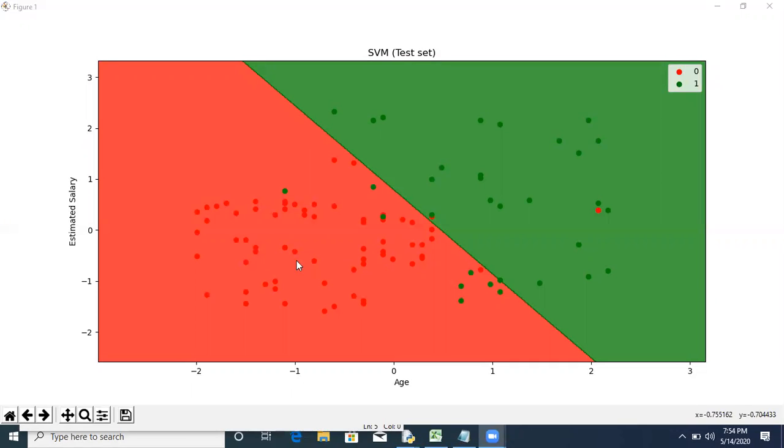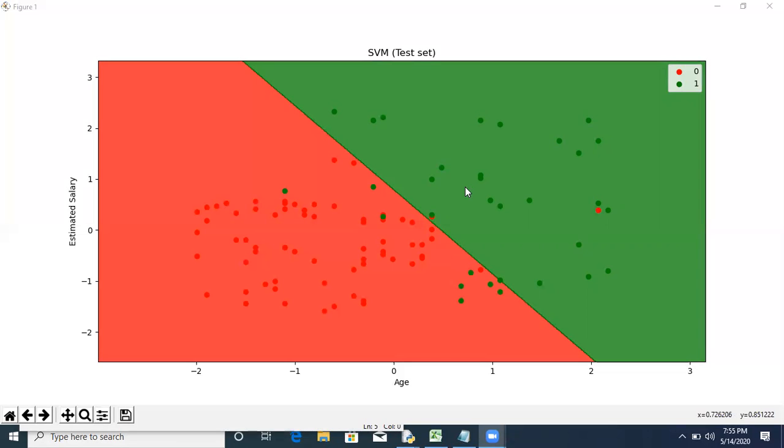When you are getting completely red points and no green point in your red region, and completely green points and no red point in your green region, that means your accuracy is 100%. But in this case, some green points are in the red predicted region and some red points are in the green predicted region. That means your accuracy is nearly 90 to 95%, based on how many data points you are using.